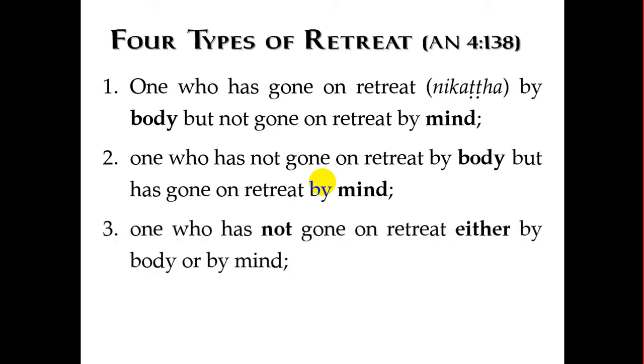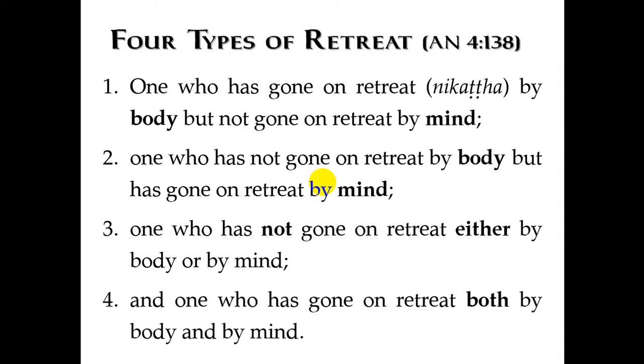Then number three, you have gone on retreat either by body, not by mind, right? Either body or by mind. So number four, you have gone on retreat both by body and by mind. And number three, either you are not. So the reason you are staying among the people, in a noisy place, right? A noisy place, but you are full of defilement in your mind, right? But here number four, you are on retreat, an actual retreat, then you do not have a negative mental state, right? Negative mental state. So these are four types of